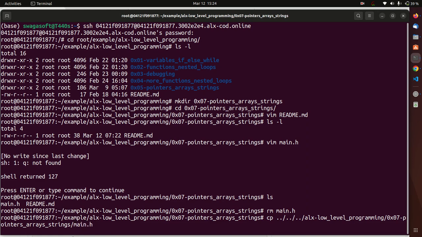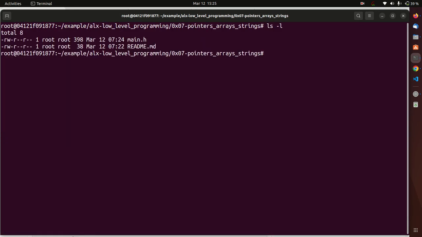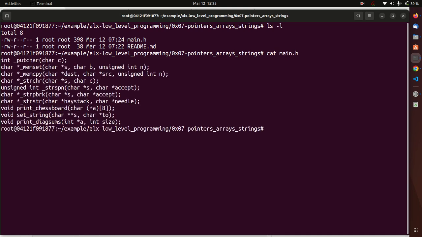Paste and copy it here. So if I clear, I should now have a new main.h here. Let me see what we have in the main.h file. You can see I already have all my prototypes in here. Okay, so for that, the next thing I will do is